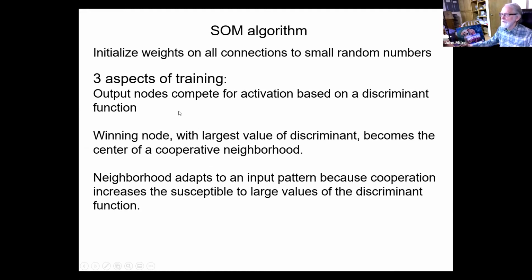Well, then the winner, being a good administrator, gathers a team of nodes around him, and that team is going to help him have a very strong response to the discriminant, so that even though he was the winner by himself, when he gets his team together of nodes that are close to him, he'll even be a bigger winner, and so there'll be no questions anymore about who's going to win the competition with the largest value discriminant. And